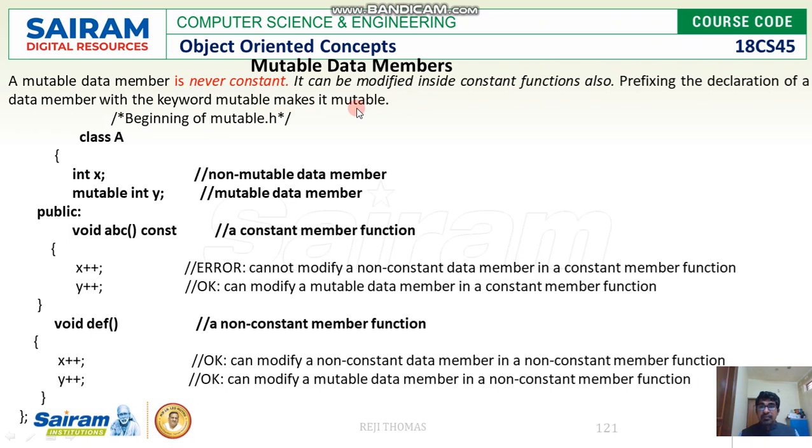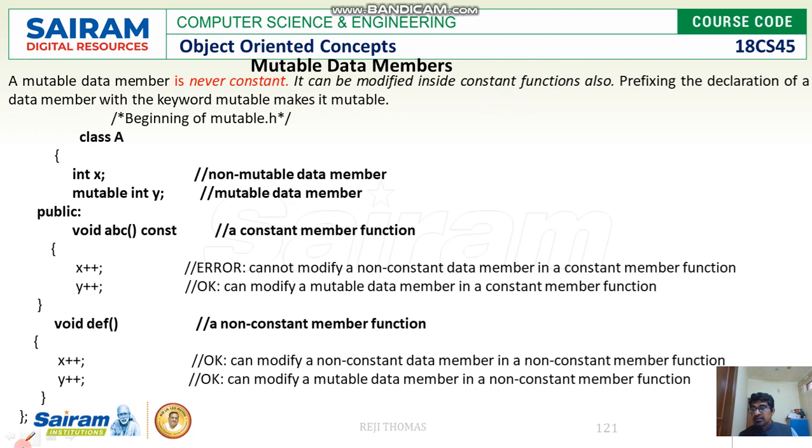So it can be modified inside a constant function as well. When you say that a data member is mutable, it could be modified even inside the constant function. Just now we have seen that which cannot be done, but we are going to find the way